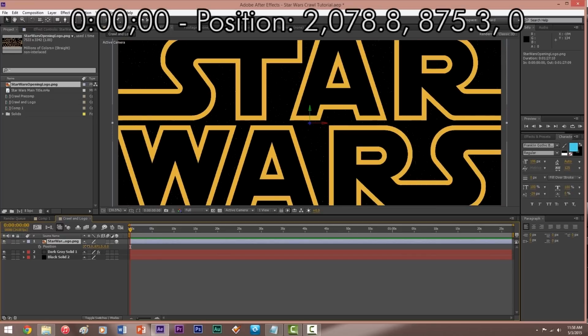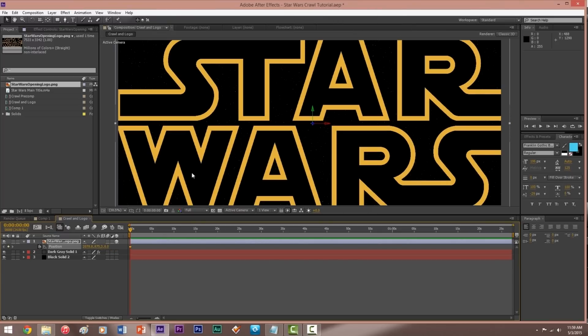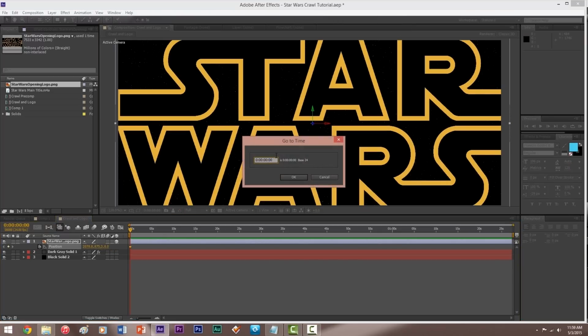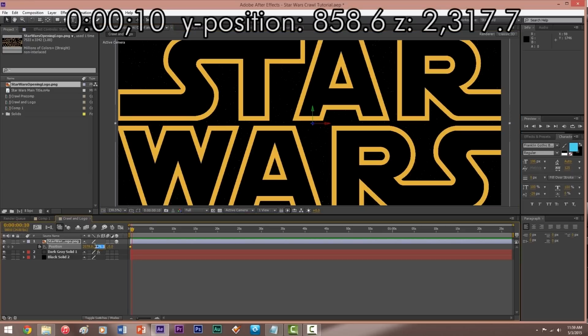Make its position 2078.8, 875.3, 0 at the beginning of the composition. Keyframe this. 10 frames later, change the Y value to 858.6 and the Z value to